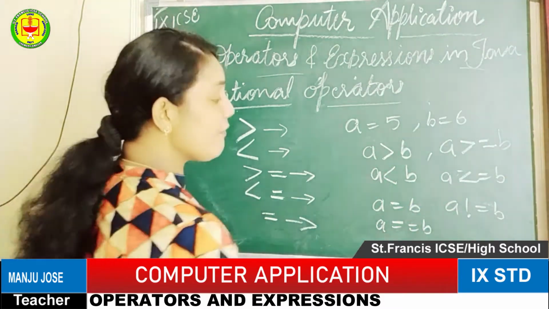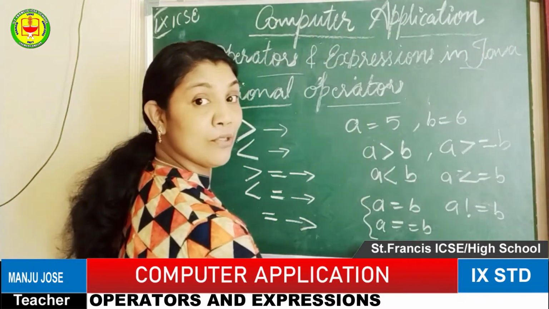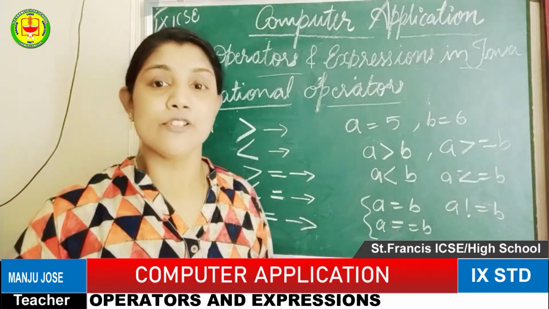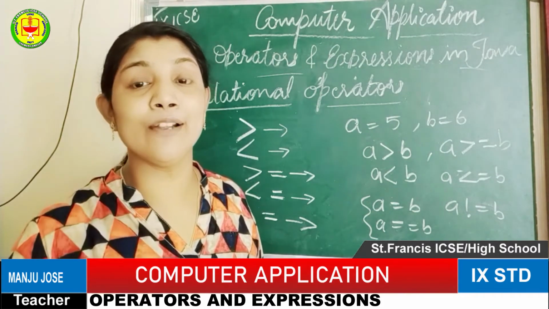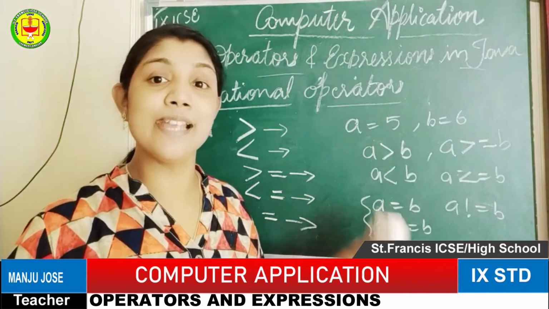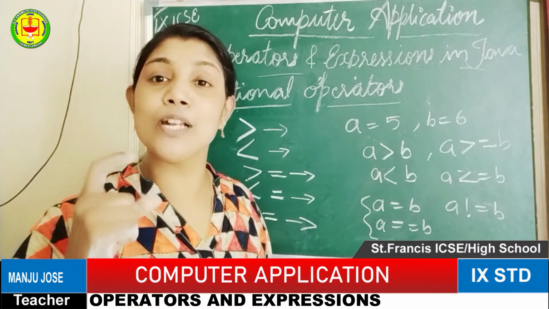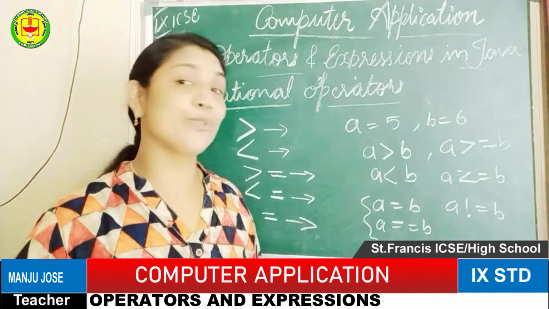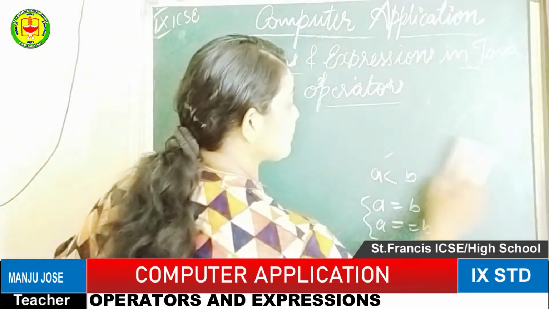Here we are seeing two types of equals, A equal to B and A double equal to B. Actually, these two look like comparison operators, but some difference will be there. One of the major questions in every programming language, where students get confused, is the assignment operator. What is the difference between single equal to and double equal to? It's a very small difference, but students may get confused in examinations. A 1 mark or 2 mark question may come, so I'll explain the difference and show it.